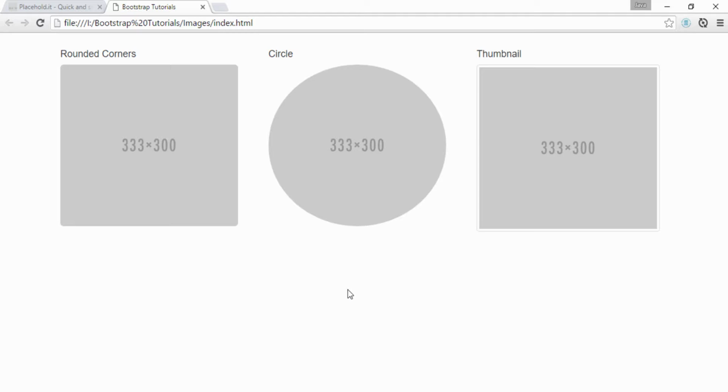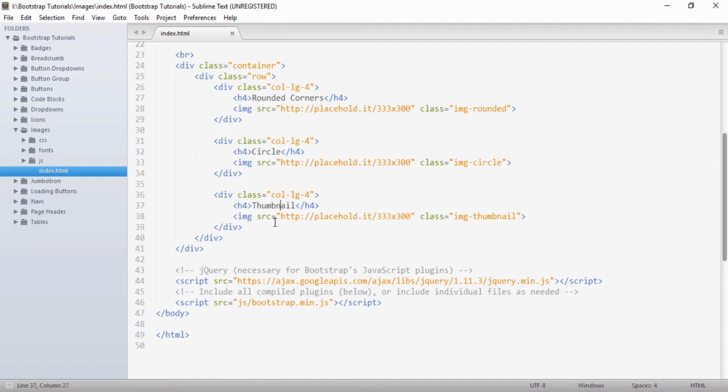Now we will see how we can align the images using Bootstrap classes. Going back, in order to demonstrate alignment support in Bootstrap, I will copy this complete div, and just below the row I will paste it.